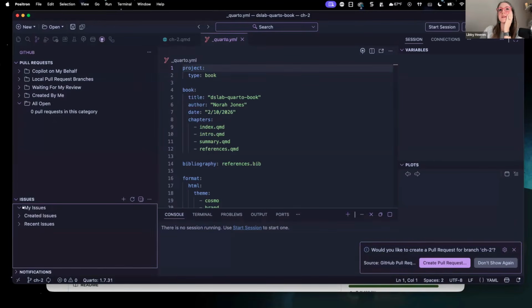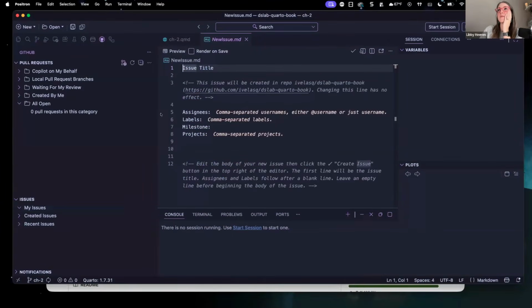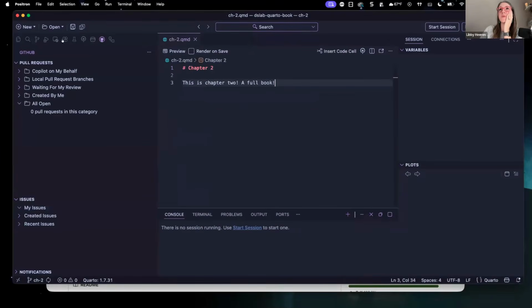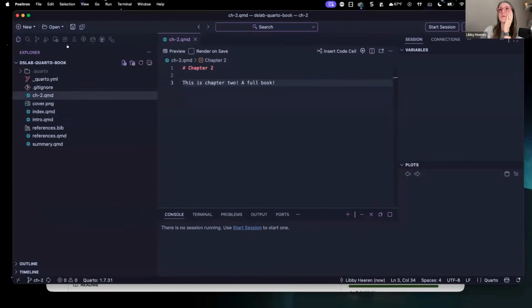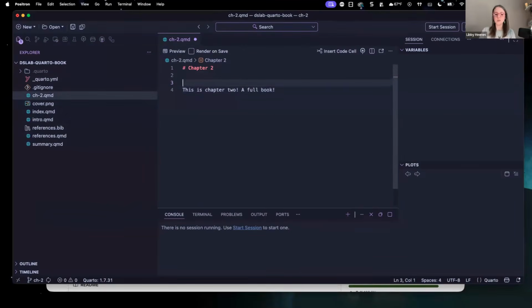So I'm going to go over here and go to issues, and there's a little plus button. So I could do that. That opens up a markdown file for me to create an issue. Or I could also go over to my actual files and I could do something like to do